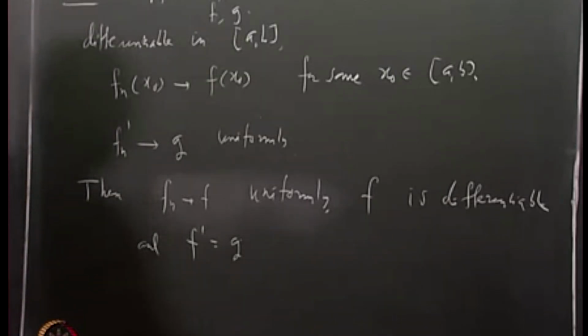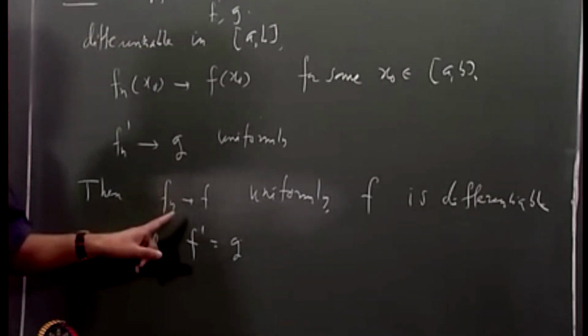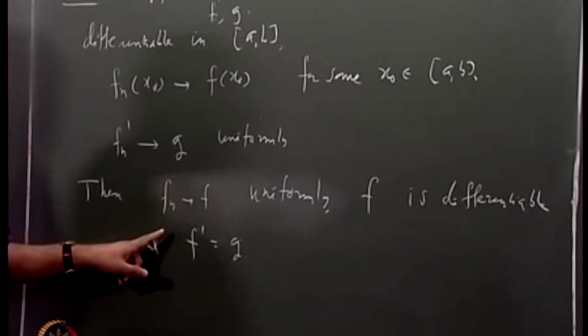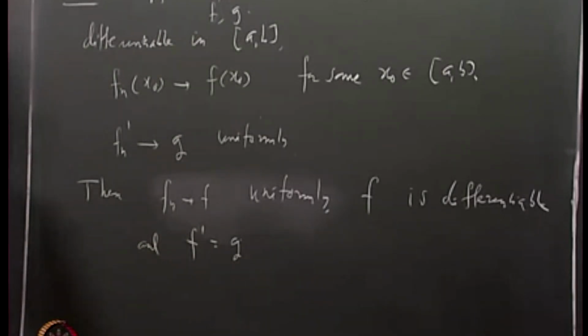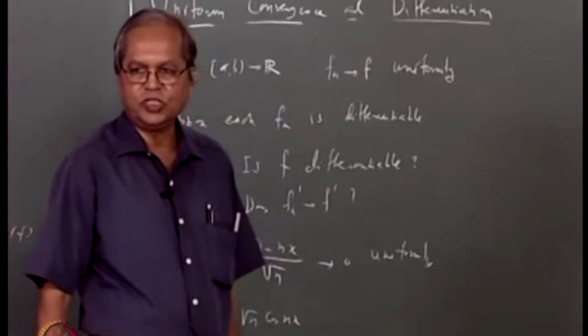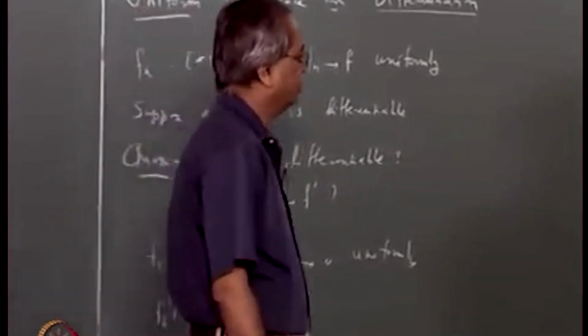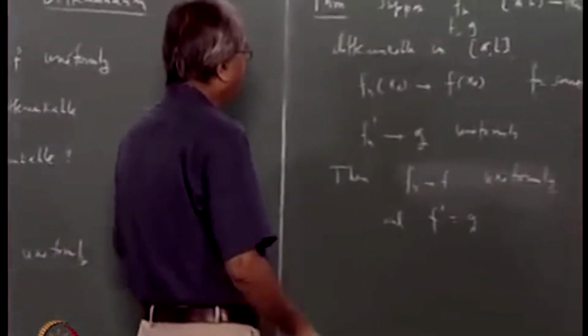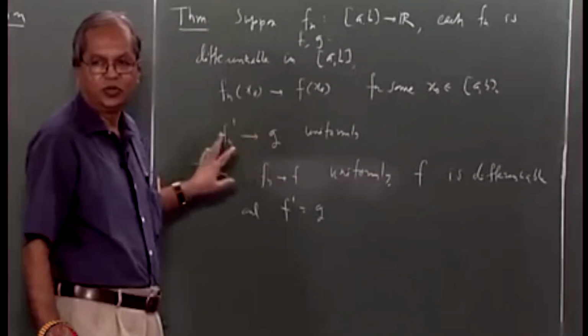Again, the idea is that let us take the things one by one. First thing is we want that fn converges to f uniformly. Then we have seen that one of the ways to show that a sequence of functions converges uniformly is that you show that it satisfies the Cauchy criteria. Then what do we know about fn? We only know that fn at x naught converges. At other points we don't know.